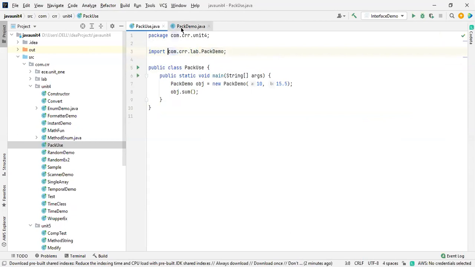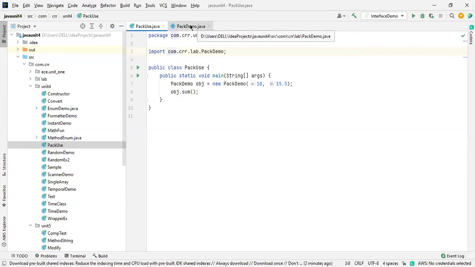Inside this com.crr lab, inside the lab folder, we have a packdemo.java. This program is available inside this path, inside the Dell IdeaProjects, everything is there. Inside that we have this program.